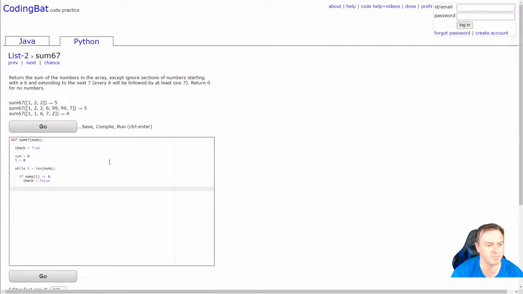So we've got that done. If the check is true, snaky bite, we then add it on. So sum plus equal nums at i. So if it's true, it just adds it in. And then lastly, we want to check if the number at i is equal to a 7. Check